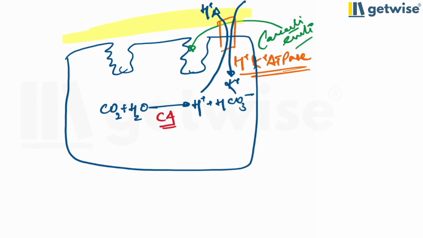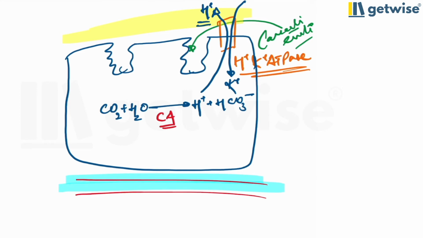So that's how we get our H plus ion inside the lumen. That's on the one side. On the basolateral side, we also have blood vessels, which supply CO2 by diffusion to the cell, because the cell needs more CO2